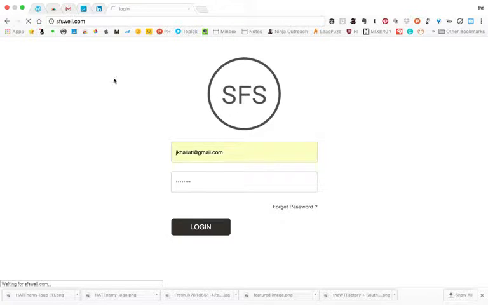So it's going to log in. I've already logged in before. If it's your first time logging in, it's going to go to an Instagram page. This connection is kind of slow, but it's going to go to an Instagram page where you have to put your Instagram login in for the API. On this particular one, I already have that in, so it should go whenever it actually gets